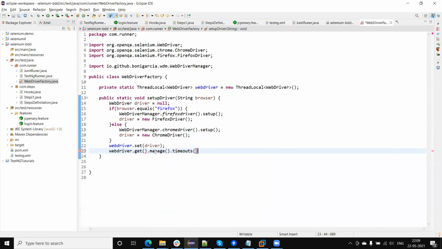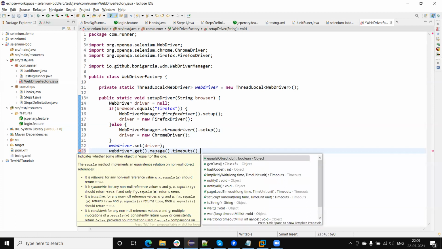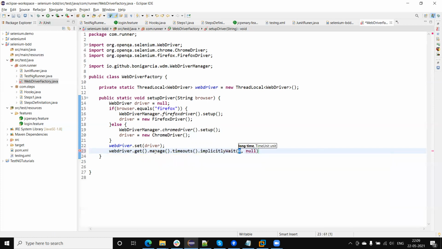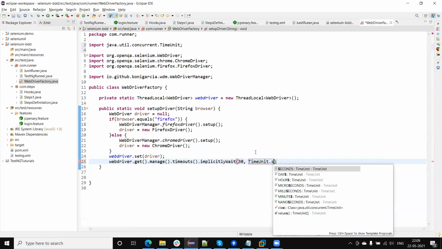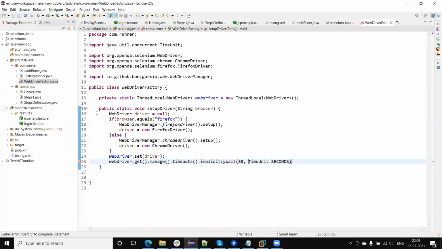Manage dot timeout, dot explicit wait, time unit dot second. Okay, so I have created one driver object here and assigned it in a thread local variable.